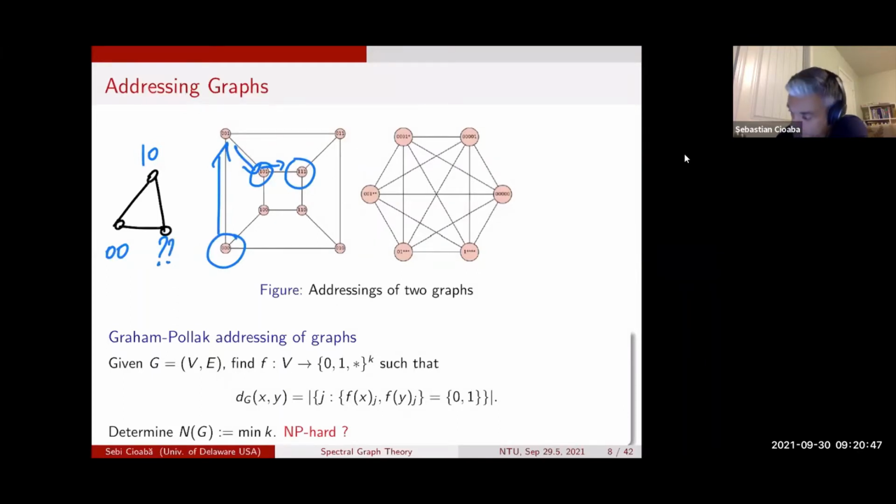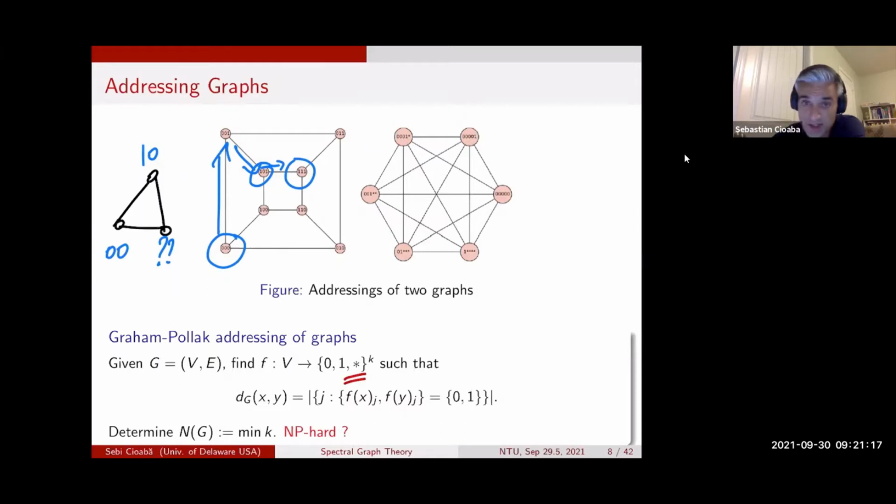And now what Graham and Pollack realized is that they could get away with just introducing one more symbol, which they call, I don't think they call it star. It has a different letter in their papers, but let's just call it star for now. And the intuition is that this star can be at the same time a 0 and a 1. So now what they proved is that for any graph,